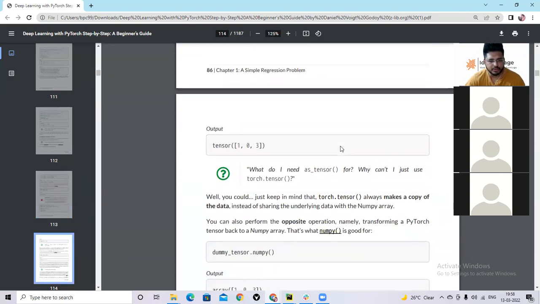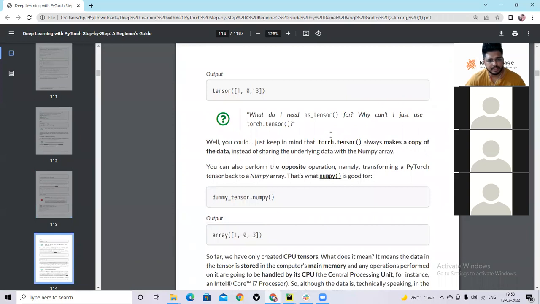If you want to make a copy, you use torch.tensor, which always makes a copy of the data instead of sharing the underlying data with NumPy. So if you really want a copy, and not the original data shared between two references, call torch.tensor, not as_tensor.